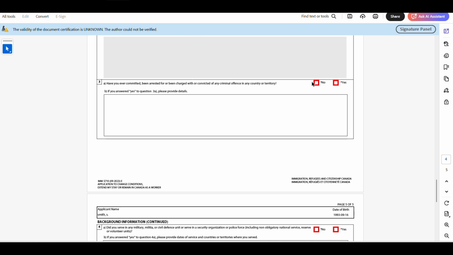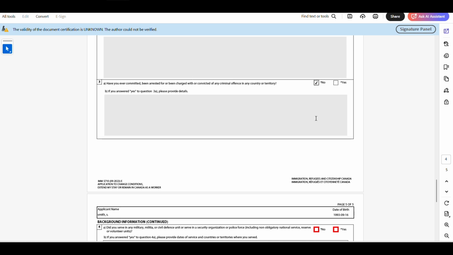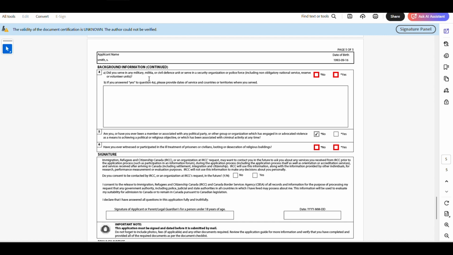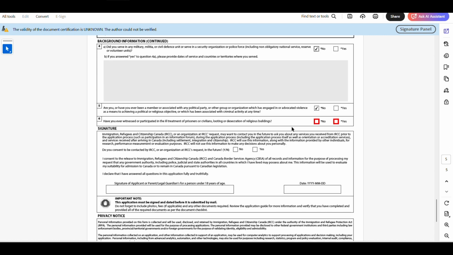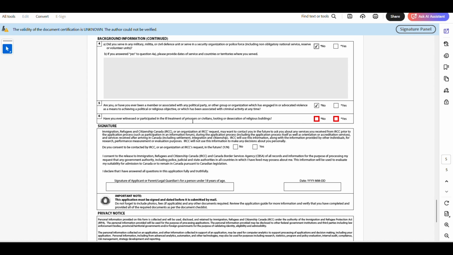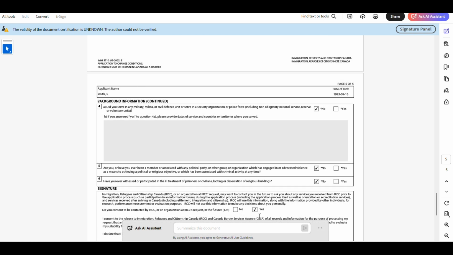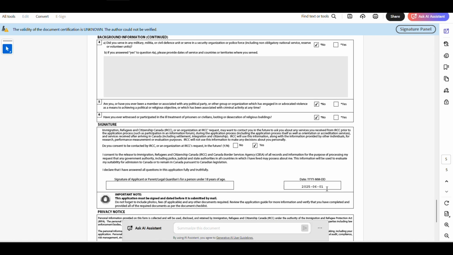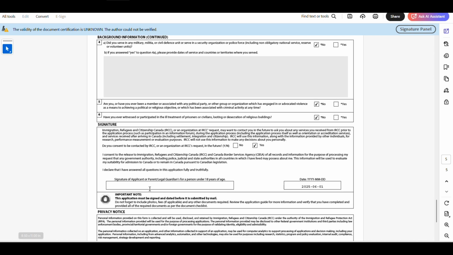Have you ever committed a crime or been arrested? No. Are you or have you been a member of or associated with a political party? No. I missed one here. Did you ever serve in the military or civil defense? No. Have you ever witnessed or participated in ill treatment? No. Contacted by the IRCC? Yes. And guys, put the date when you're applying